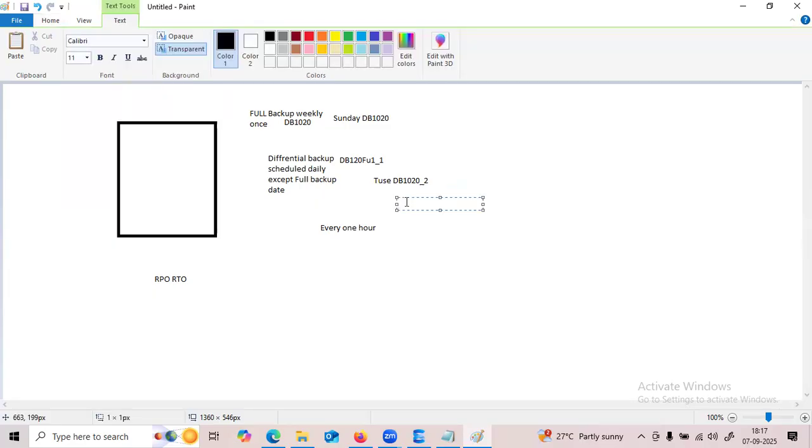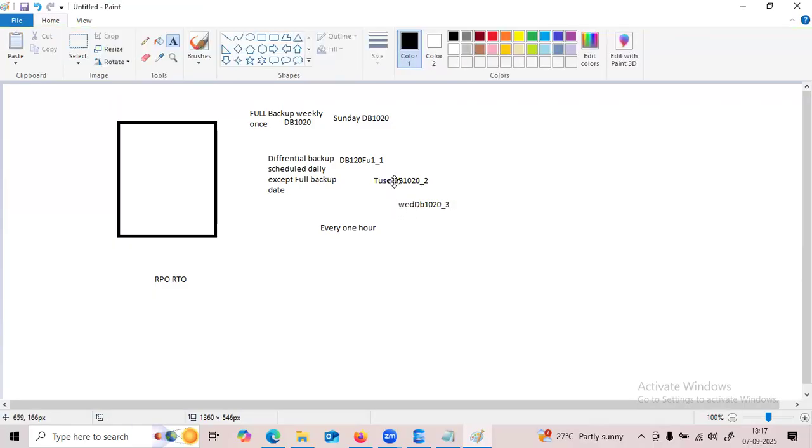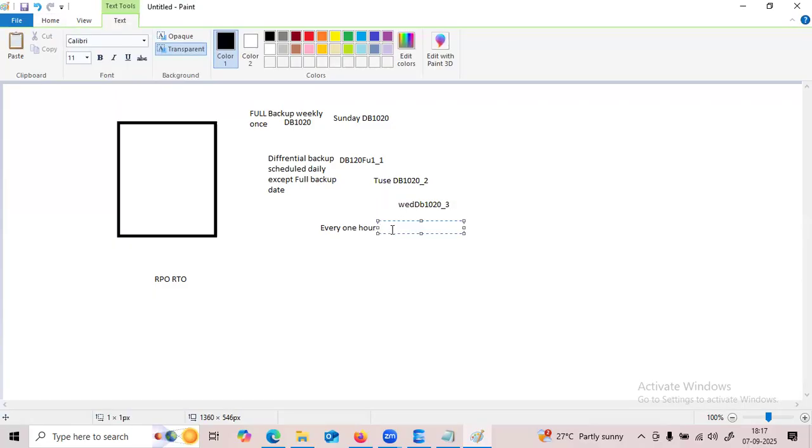If I go for Wednesday, that will be DB 1020 underscore 3. This is the differential backup. Log backups are happening every 1 hour, right? So they always point to the full backup, not to the differential backups.